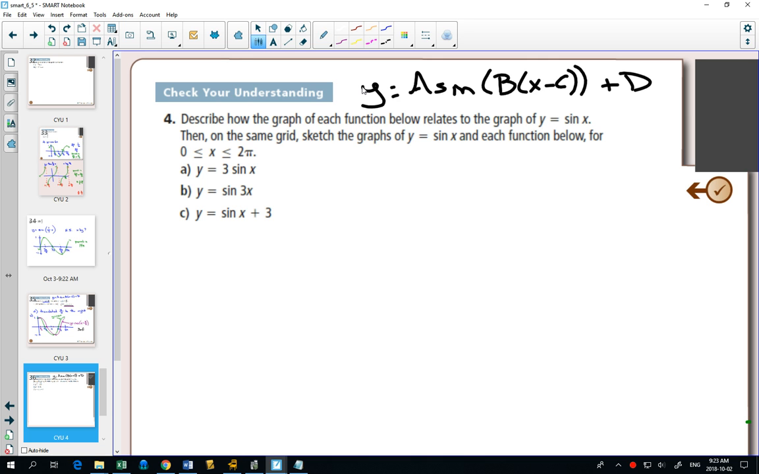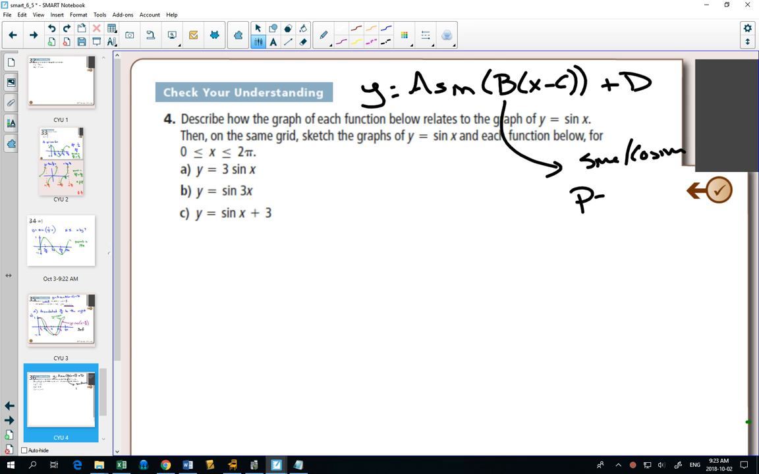I'm not sure. Maybe that works for you. Maybe not. Phase shift. Maybe, maybe not. And the important thing you have to remember with the B value, for sine and cosine,